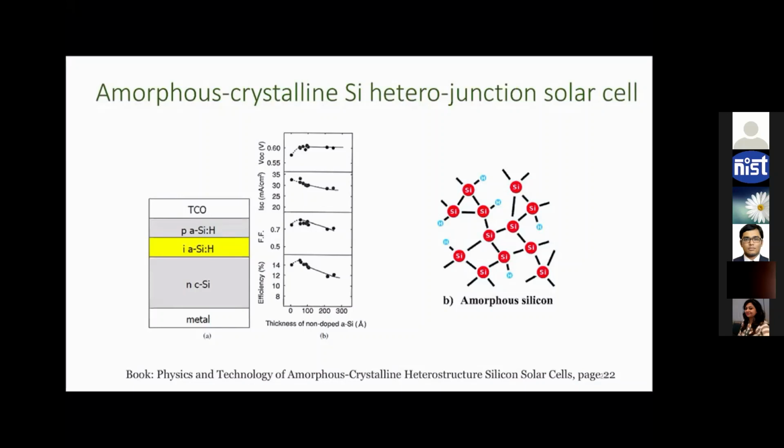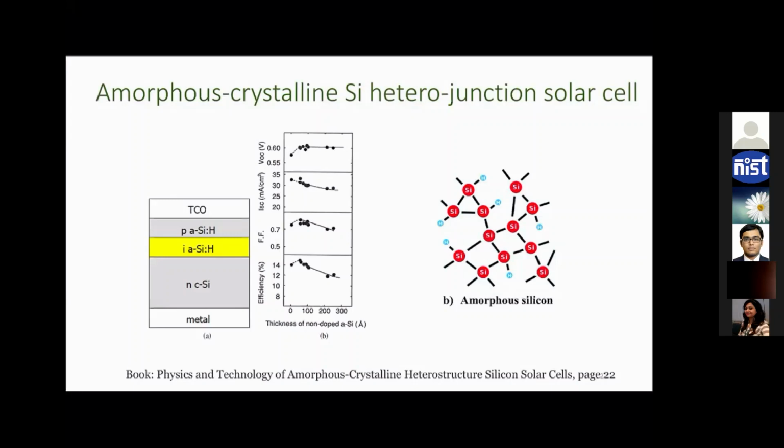So why is it intrinsic? Because if you use a doped amorphous silicon for absorbing the light, then because of its doped nature, the width of the depletion region will be less, right? Exactly. But if you use an intrinsic amorphous silicon, the width of the depletion region could extend. Exactly. So in this schematic, the width of the intrinsic layer should be higher than that of P and N, because it is the absorber layer.